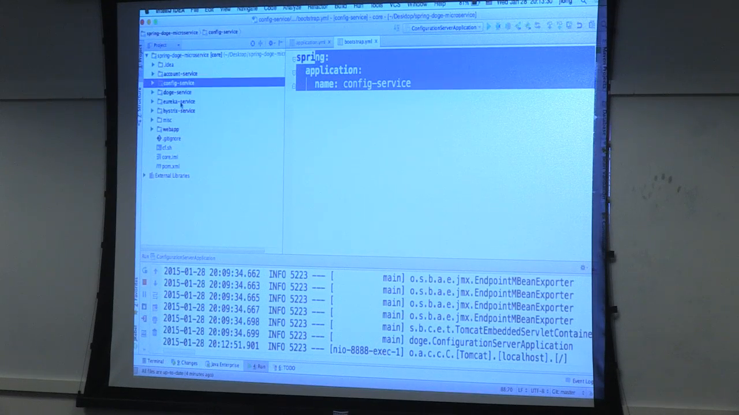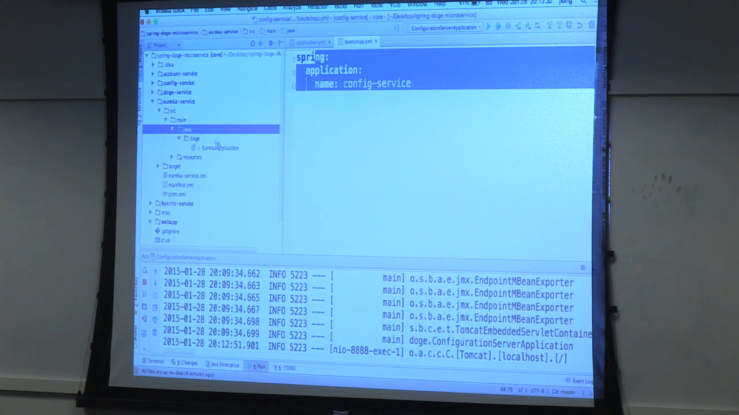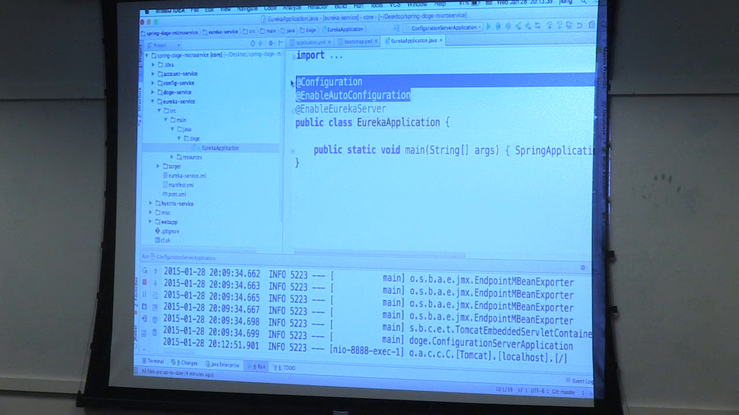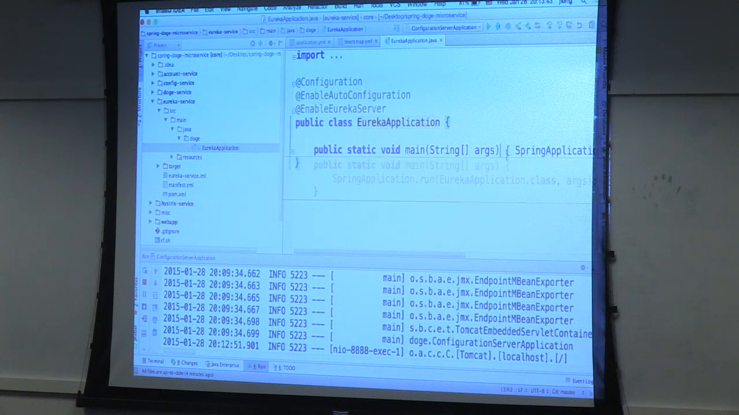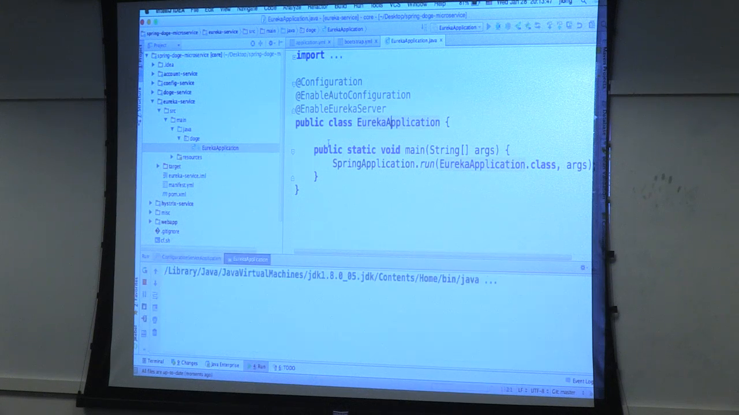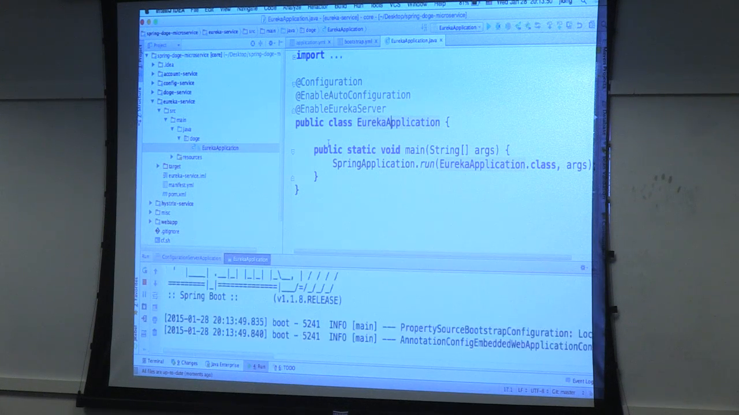The next thing we need is Eureka. Eureka is a sort of phone book for your services. Again, the API is @EnableEurekaServer. In Spring Boot 1.2, you can condense these two annotations down to one. You're welcome. So I'm going to go ahead and hit run. Voila. And what this does is it's a service registry. It promotes